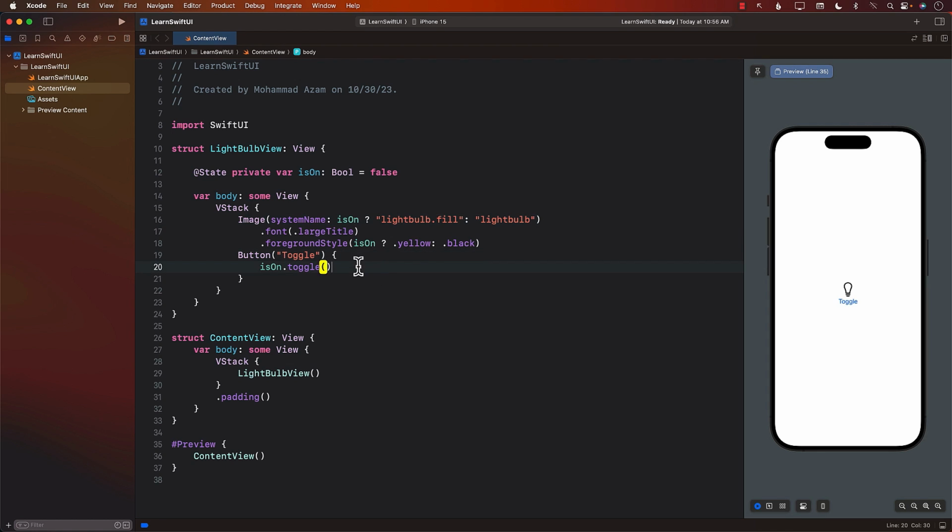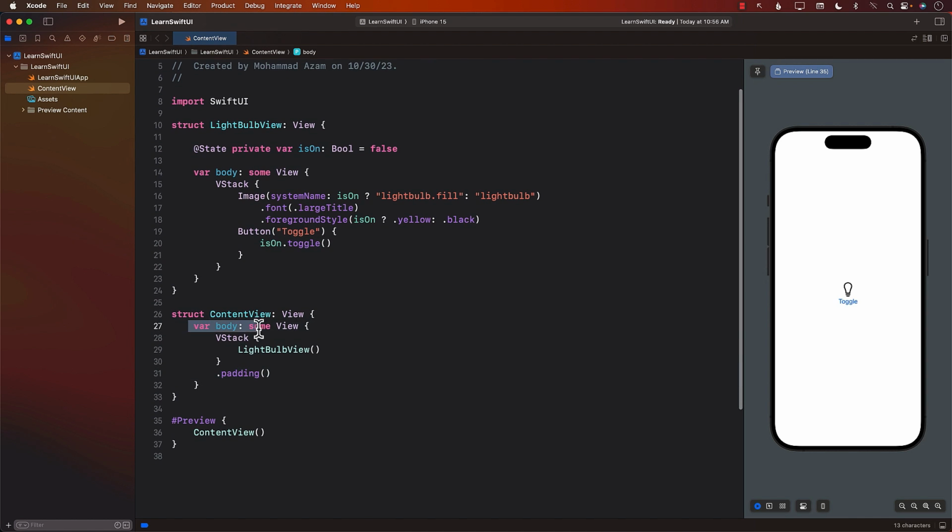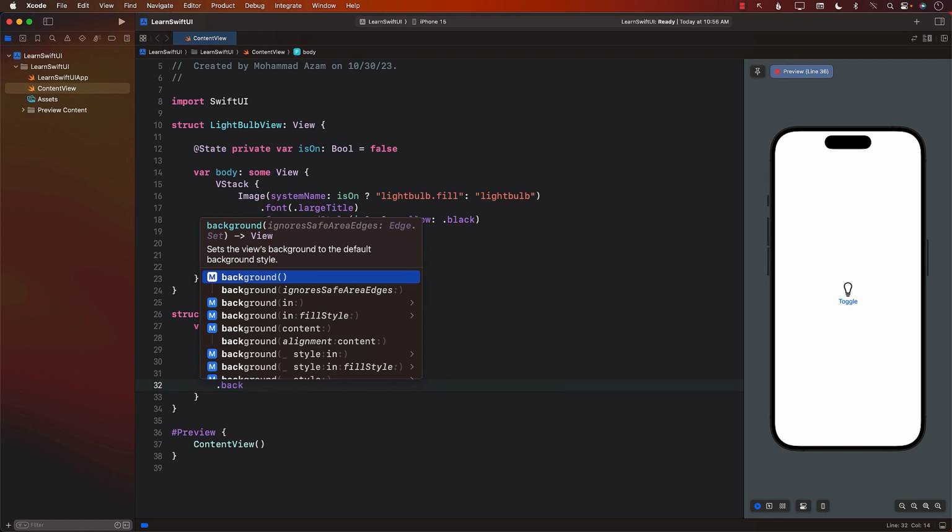But at this point, we have not really used the value of the property isOn in our content view. Maybe the content view itself is saying that, hey, whenever the light bulb view turns on the light bulb, I need to know that too, so that I can switch between the background of the VStack. Right now, if I simply go ahead and add a background,